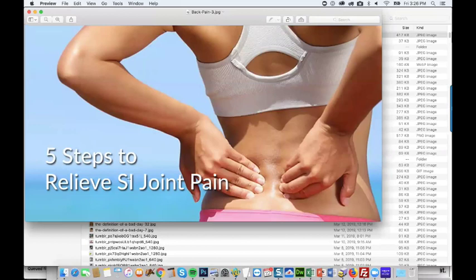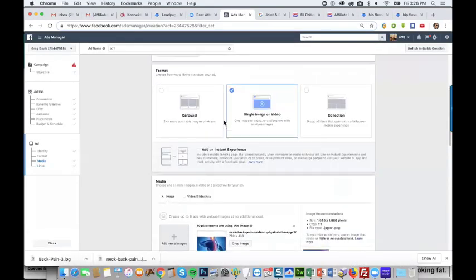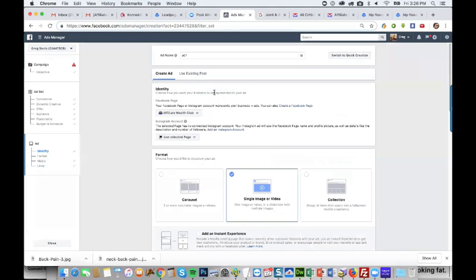Oh, SI joint pain. What is that? Oh, well, we'll use it. I don't know what it is, but all right. So let's just get the other one too.